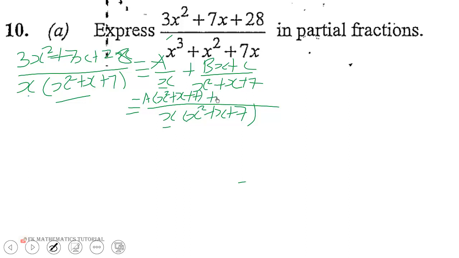Then plus this goes here, we have x times, so x into bx plus c. So when we expand and equate the numerators, we will get 3x squared plus 7x plus 28 is equal to